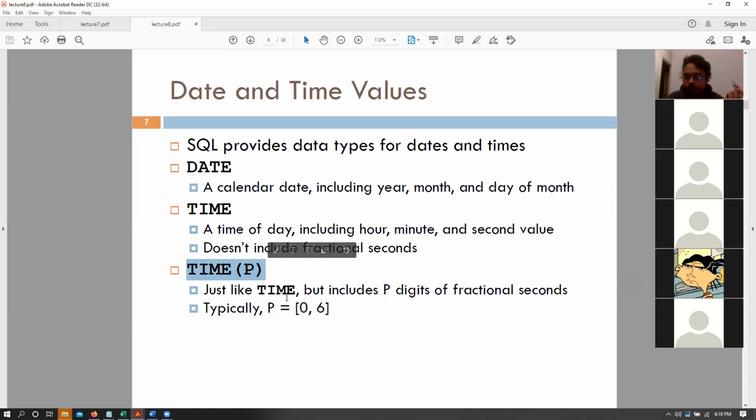So time(p), usually by default that ends up being 6, but you can set the precision for that as well. This can be used to specify the milliseconds or the microseconds if you so want to record those as well. I have never seen a case where I would want a database to maintain microsecond values, but then again, these days are for Bitcoins, so they might use those things as well, right? Okay.